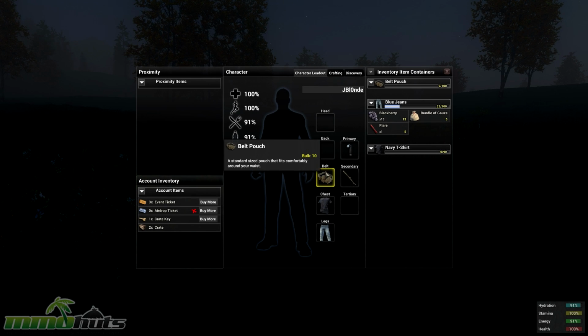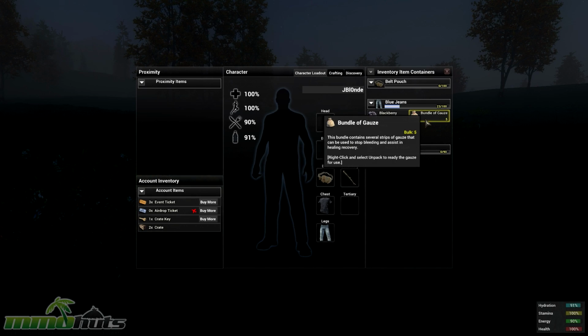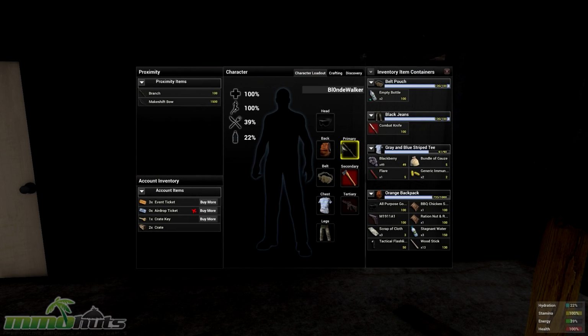The biggest problem is not when you're carrying things, but more when you're trying to craft stuff. Well, kind of both. A lot of times you have to drop items and use the proximity items window here in order to craft with. And the bow is a bad example because of how big it is, but when you craft a lot of